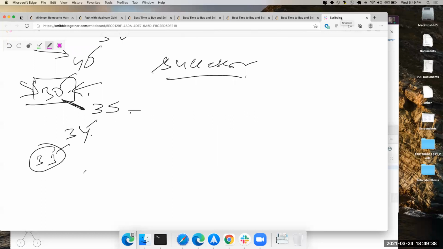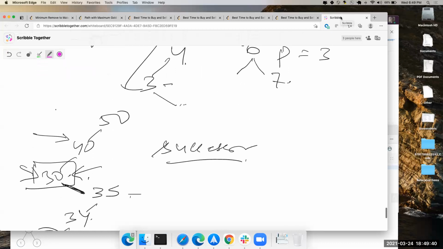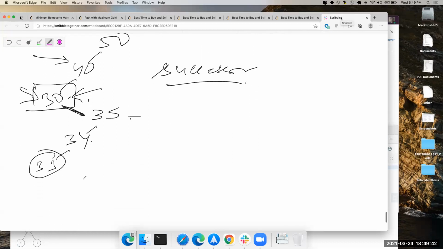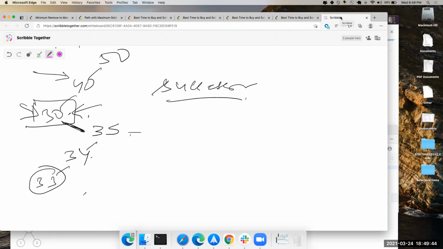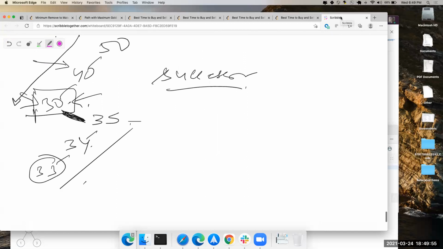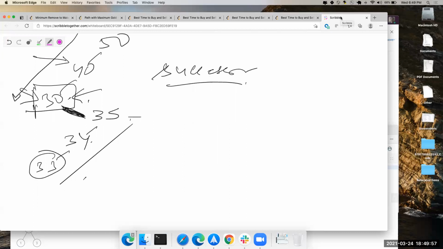What did you do here? Okay, you found the successor, you came down. Then what? So here I'll move to the right of 30. Then you have to keep going. It'll be the same logic as what we did for 1, 2, 3. So 33 will become your answer.